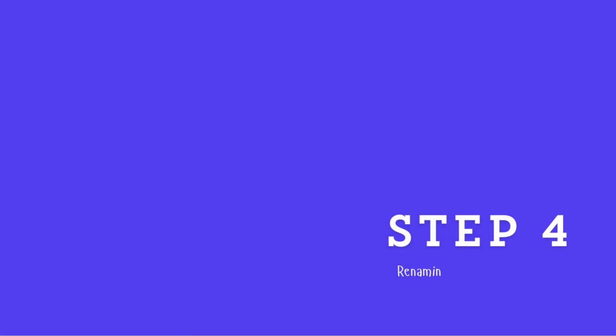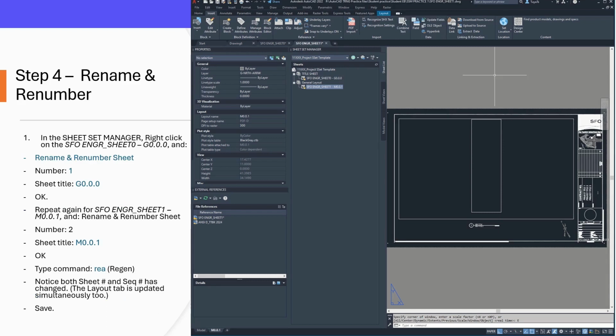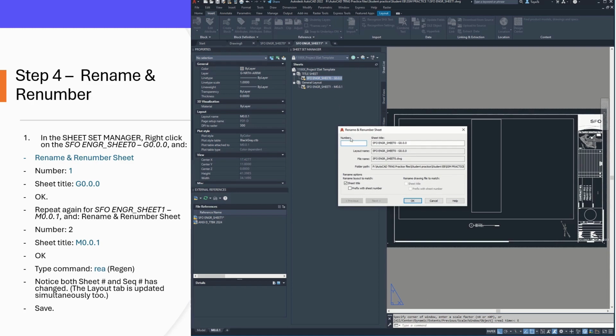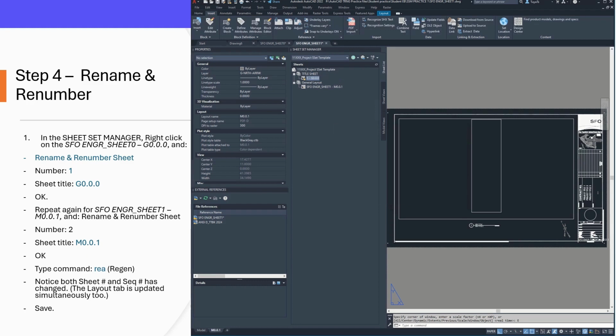Step 4. Renaming and renumbering. This should be very simple from here. In the Sheet Set Manager window, right-click SFO ENGR Sheet 0-G000 and click Rename and Renumber. In the number box, put 1. In the sheet title box, put G000. Click OK. Do the same thing again and right-click